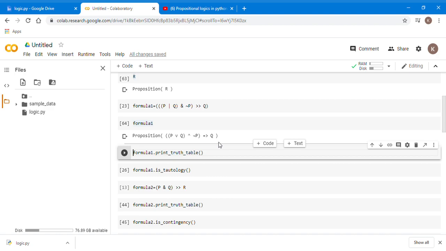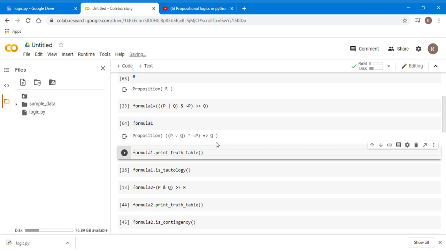The reason why the symbols have changed is that this is what we have input and this is what the output is. They have been updated because we are restricted from using these kinds of symbols, or I should say we are not aware of how the computer is going to read the symbols. So there is a little updation, but for sure there is no change in the logical meaning of both of these statements.